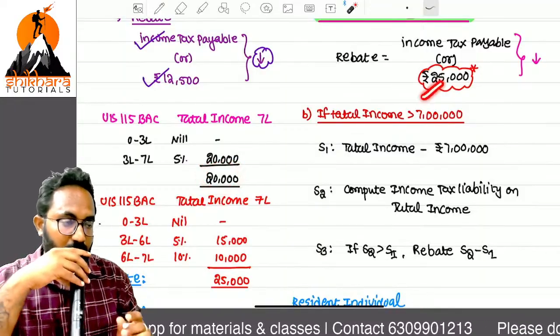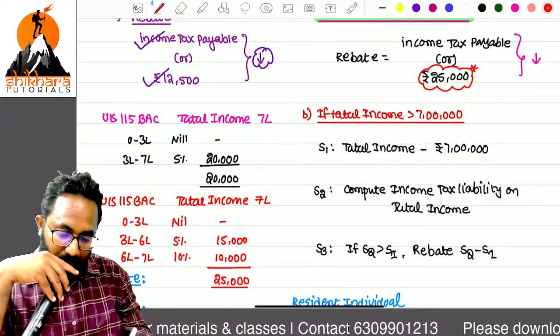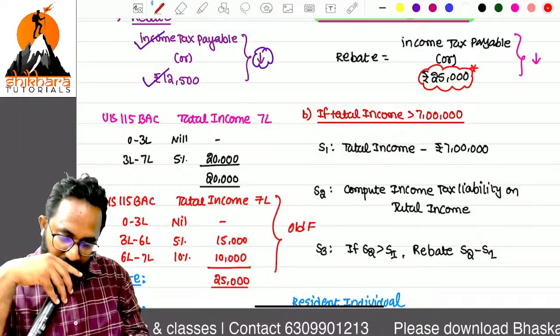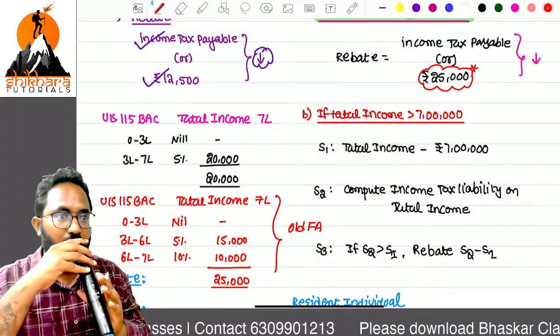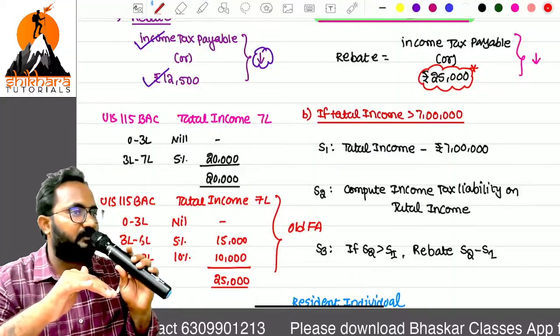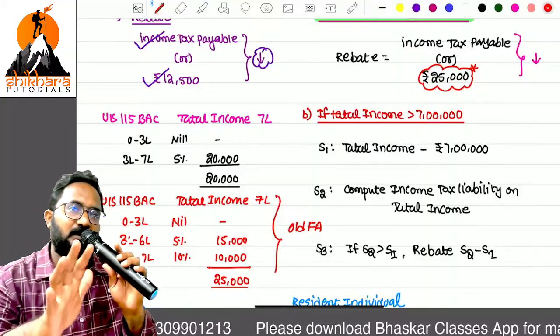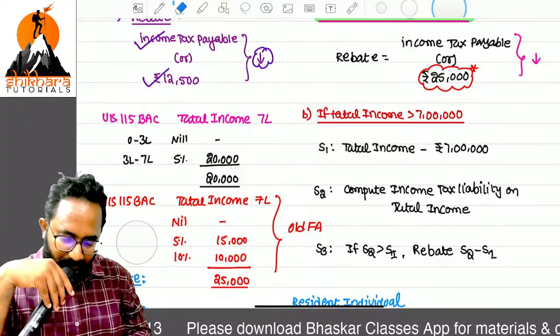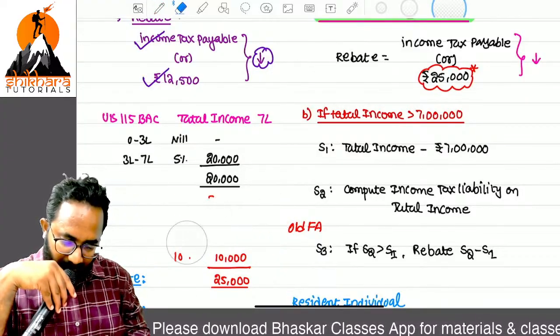Sir, how have they given 25,000? That's why: if you follow the old Finance Act related rates, your tax liability is 25,000. That's why income tax payable or 25,000, whichever is lower. But still they are continuing with the same. Some experts will be there, and those experts ask: